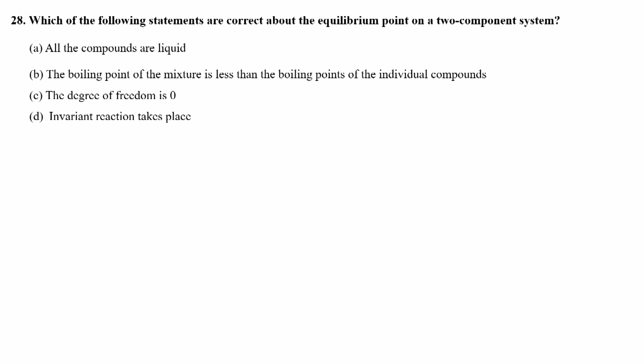Now, number 28. Which of the following statements are correct about the equilibrium point on a two component system? All the compounds are liquid. The boiling point of the mixture is less than the boiling points of the individual compounds. The degree of freedom is 0. Invariant reaction takes place. So here in most of the cases B is the correct option, because the eutectic point on a phase diagram